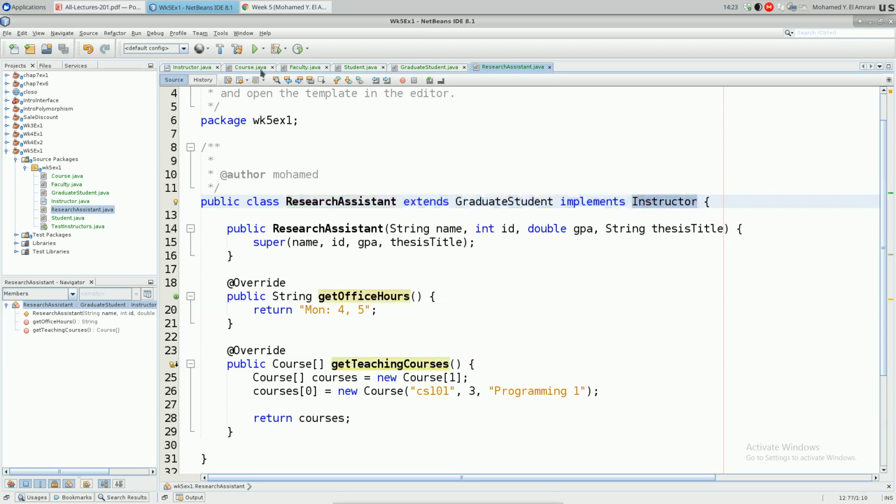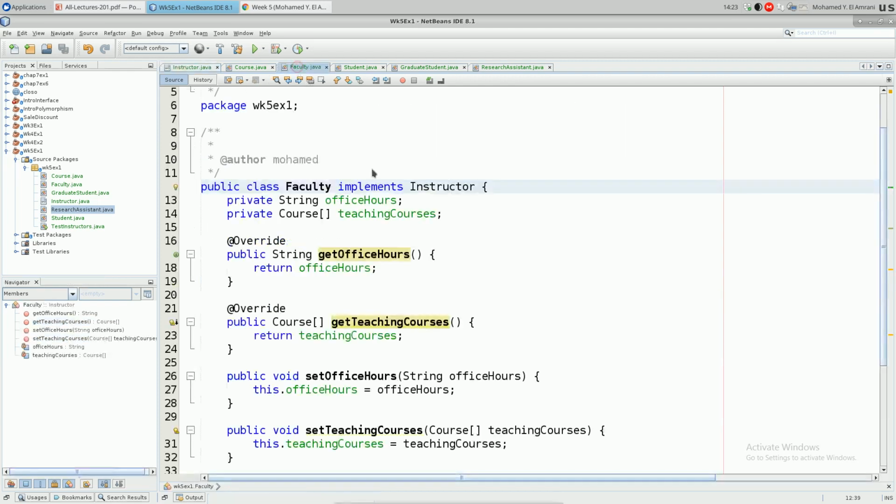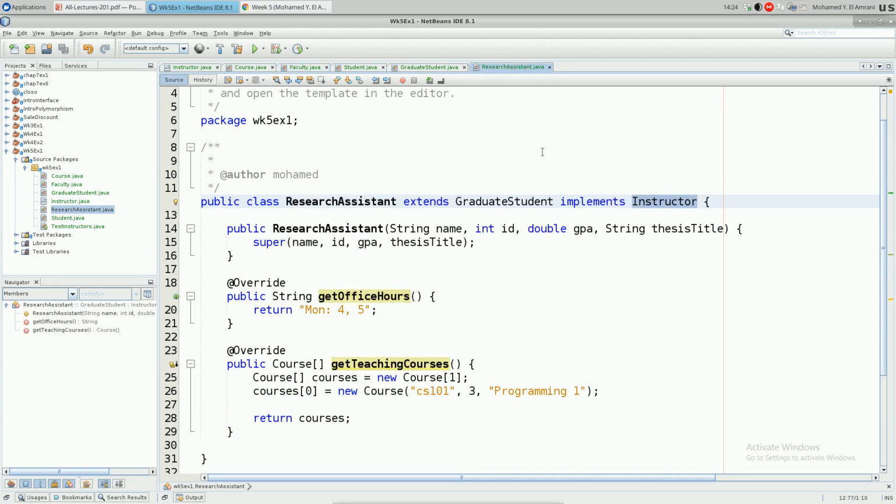Every instructor should have office hours and teach some courses. So you organize them into an interface. Now this interface can be common for every faculty member, because a faculty member is supposed to teach anyways. And a research assistant is a very special student, because he's a graduate student, and he's also able to teach, so he's also an instructor. So that's why we would like this research assistant to be both a student,